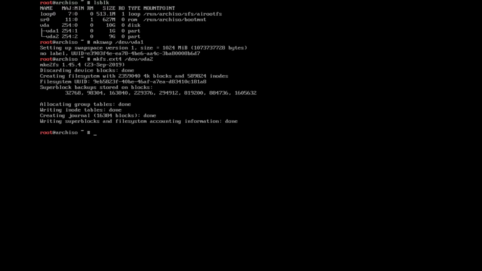Now the next thing we're going to want to do is mount them. So we can just run mount /dev/vda2 /mnt. And then that's all mounted. Now we can cd /mnt, and we see we've got our lost+found. So that is the default files on the root of an ext4 partition. Okay, the next thing we're going to do is